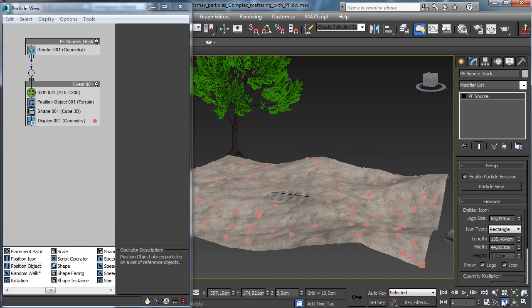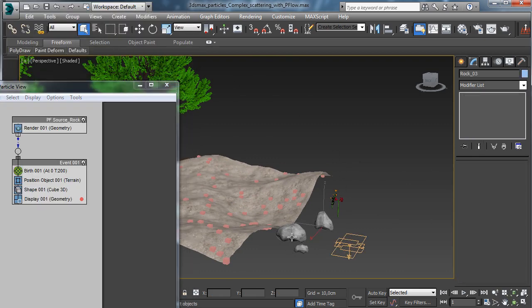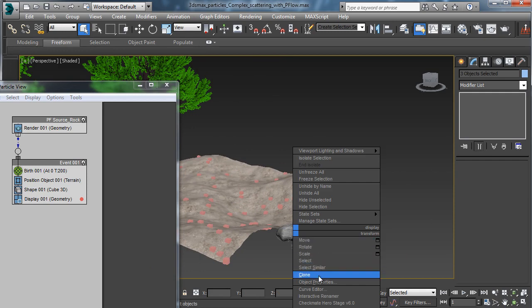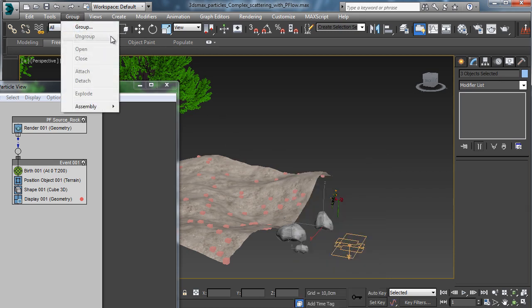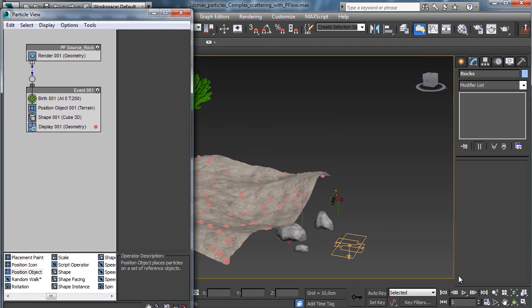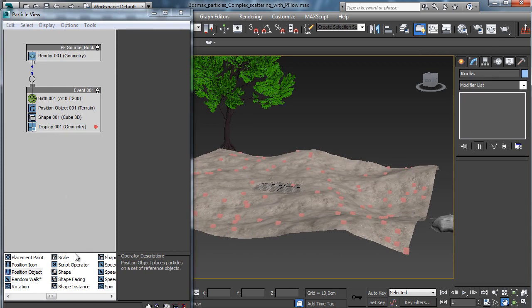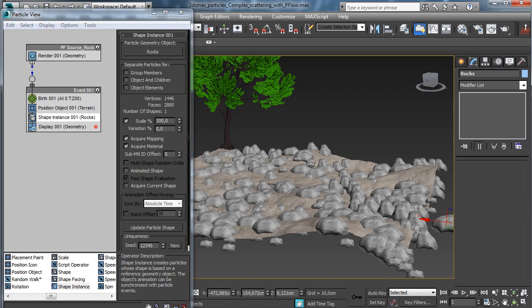First of all, we have to say that we have to use the rock. So something that can be done is to select all the rocks, and we can say to make a group, we can call it rocks. Okay, then we can go there and use the shape instance instead of the shape cube. There we can say to use as particle geometry the rocks, and you see that we have the rocks all around. We can say to use the group members,